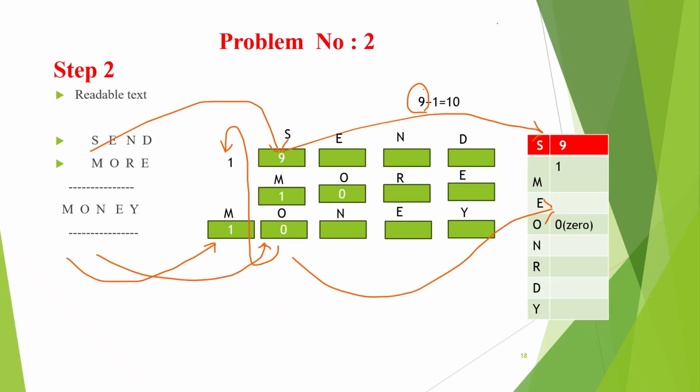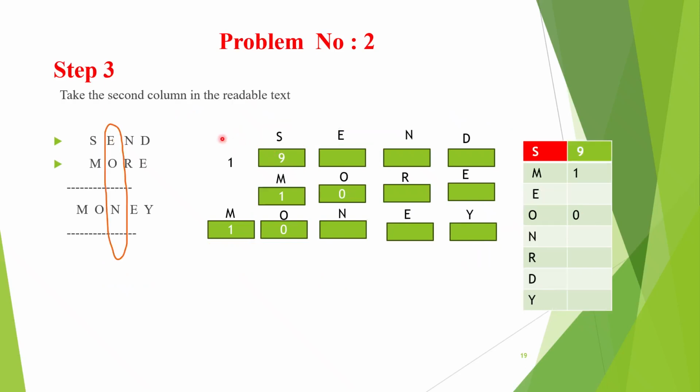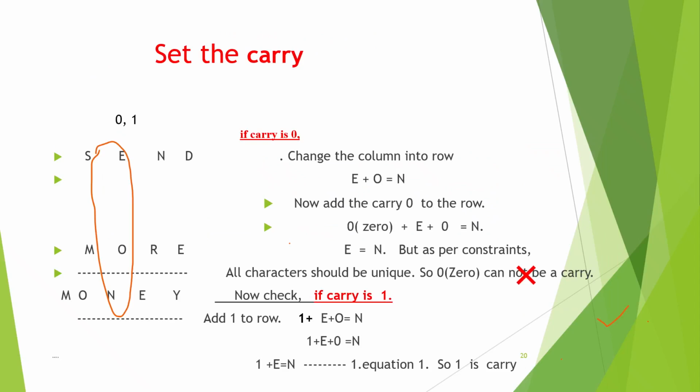Okay. Now go to the next step. Take the second column of the readable text. What is the second column? E plus O plus N. Now take this second column and find the carry for this column. How to find the carry? Carry always should be 1, right? So we have to work it out. Set the carry. If carry is 0,